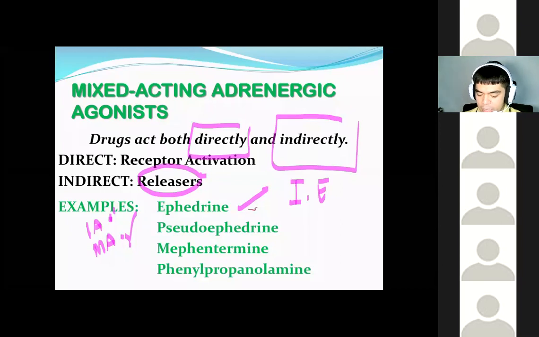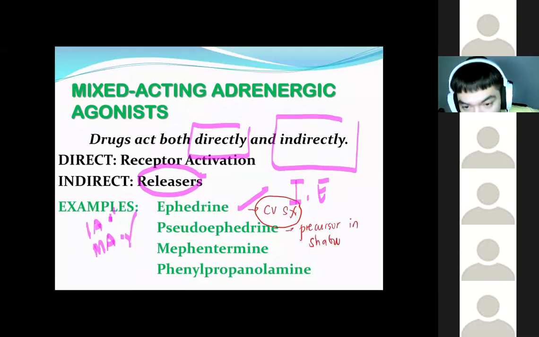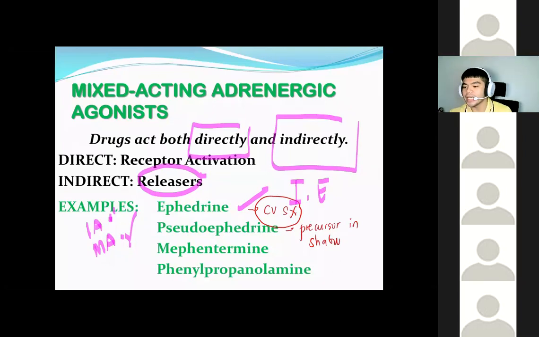Regarding ephedrine, it is a dangerous drug because most of its adverse effects are associated with cardiovascular symptoms, which could be deadly. Next, pseudoephedrine is actually a precursor in shabu synthesis. When manufacturing shabu, one ingredient needed is pseudoephedrine. Examples of mixed acting are ephedrine, pseudoephedrine, mephentermine, and phenylpropanolamine. So overall, these are the specific